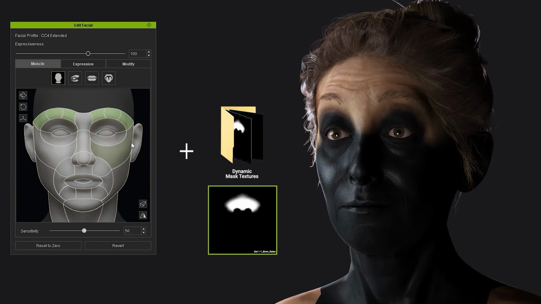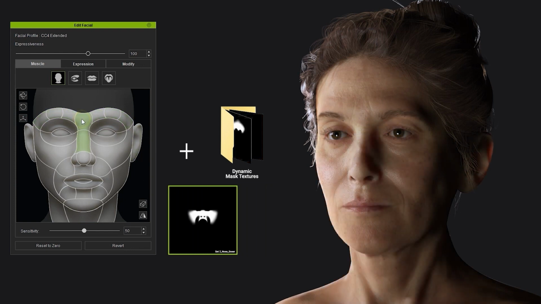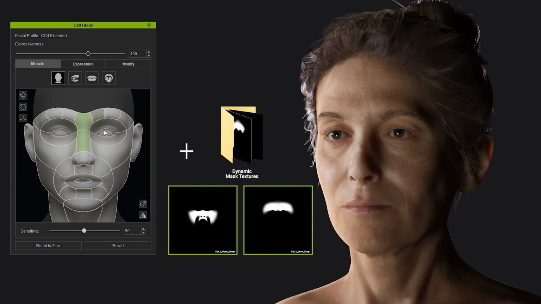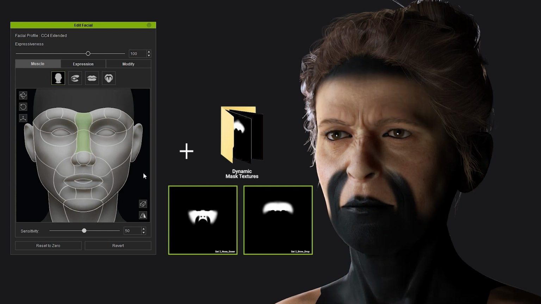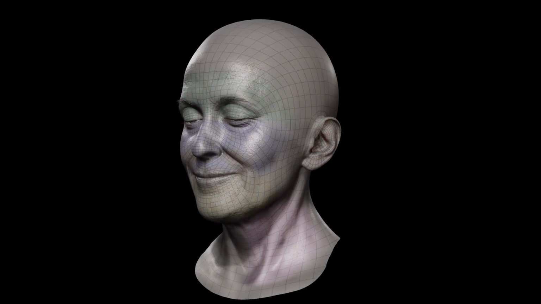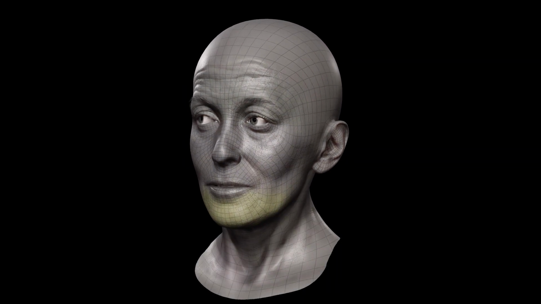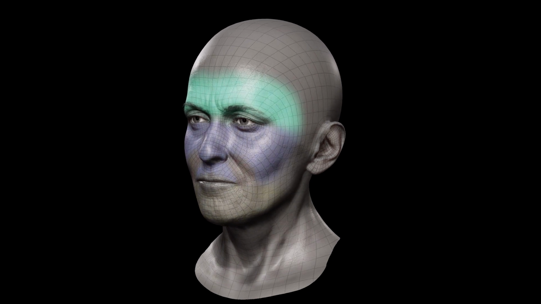If we select 2 parts simultaneously, then both mask textures will be activated. You can see in this example that the blacked out part of the skin texture here is unaffected due to the defined area of the mask texture. These mask textures allow wrinkles to display correctly and only when needed to generate more accurate facial expressions. They will also appear more noticeably in certain areas where the expression strength is higher.